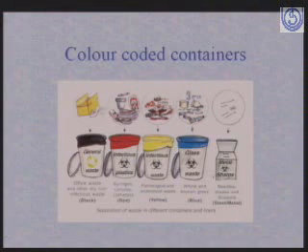Now the color-coded containers that should be used in a hospital setup, these are the universal colors that are usually used. For general waste or non-infectious waste, we have the black bags or the black containers, and for syringes, cannulas, catheters and other plastics which are infectious, the red bags. The yellow bags are used for infectious, pathological and anatomical waste, while the blue bags or the blue containers are used for whole and broken glass or for sharps.